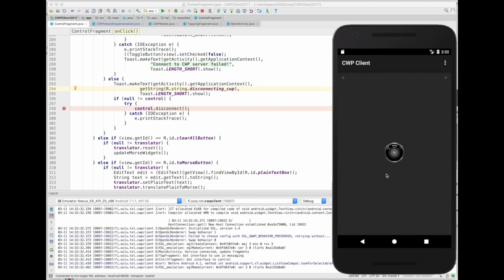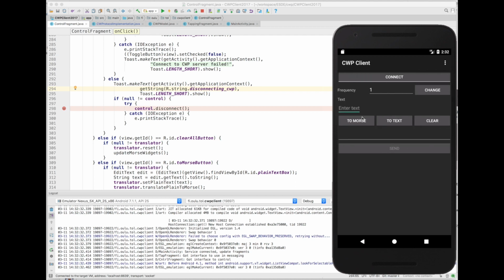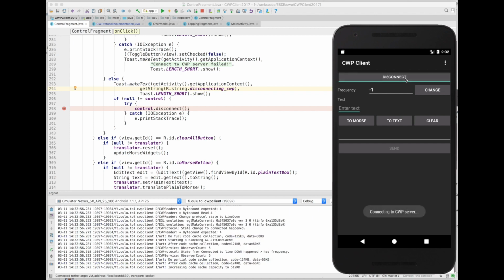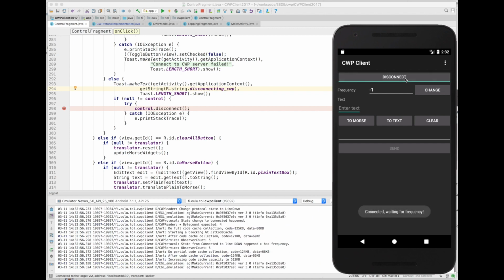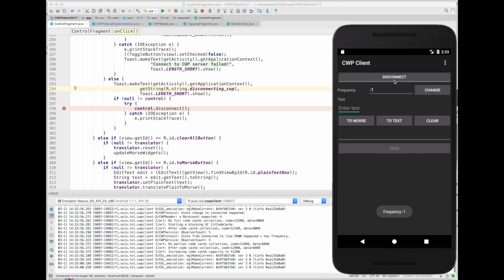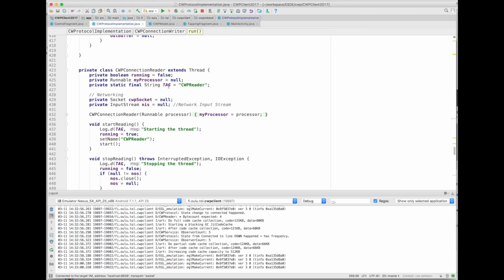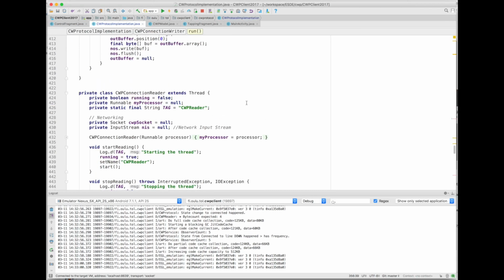Okay, in this code walkthrough, we will see how the disconnect event is handled. So now we have the connection to the server, and soon I will press the disconnect button and we will see what happens then. But before we go there, we'll take a look at the current status of the protocol